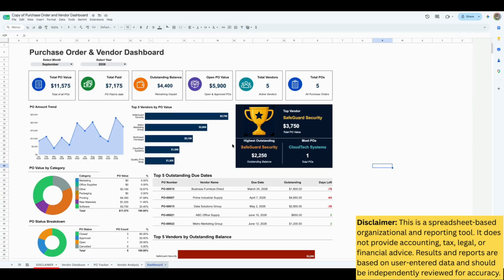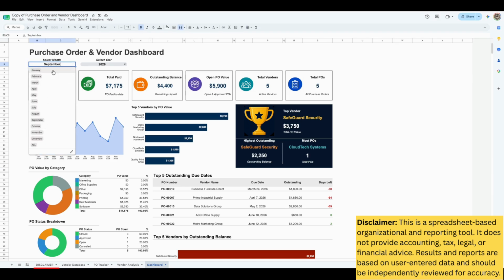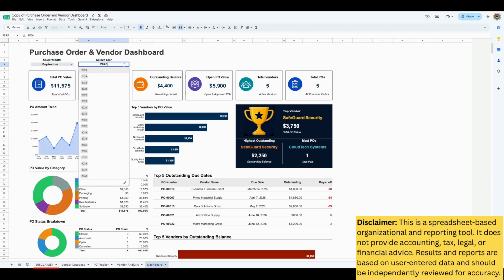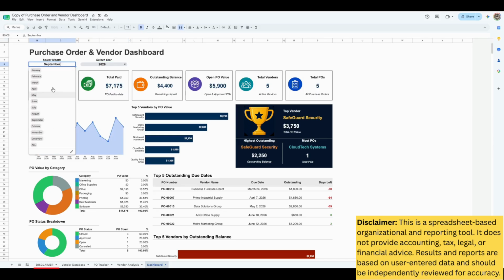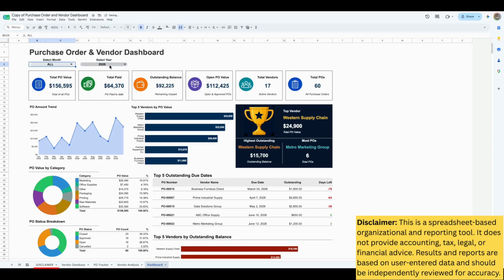This dashboard here is interactive and dynamic. You can select any month that you like and any year that you like. If you want to select all the months, you can set it to all and it'll show you data for all of that year. This dashboard automatically updates, so it gives you insights on total spending, outstanding balance, payment status, and also helps you to identify your top vendors here, and then track due dates as well,